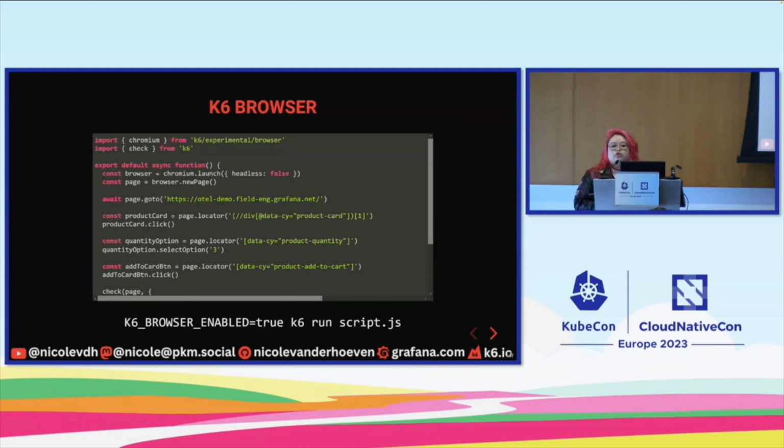So the previous slide showed a protocol level test, which means it's sending the actual requests. I showed HTTP, but it could be gRPC or something. This is actually a script that interacts with the browser, that interacts with the application through the browser. So you're not making the underlying requests. You are scripting the clicking and the typing and hitting the radio button, and an actual browser instance is opened up. So it is pretty similar, except that it's all based on the DOM of the page, and there's still a check. And the way that you would run it is to just have this flag, which is K6